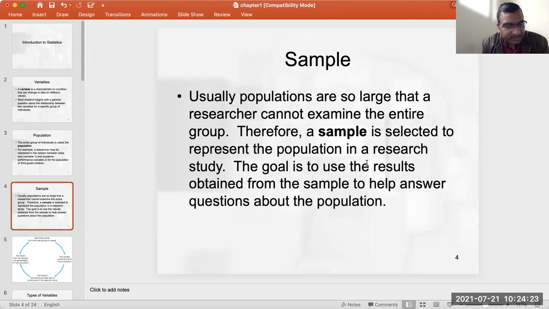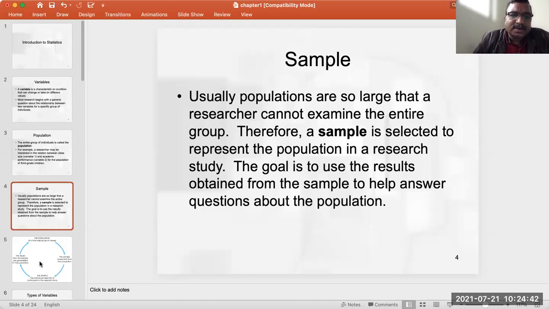Sometimes there may be sampling error or error in the analysis, but most of the time we assume that whatever the data is telling us from the sample is also true about the population.